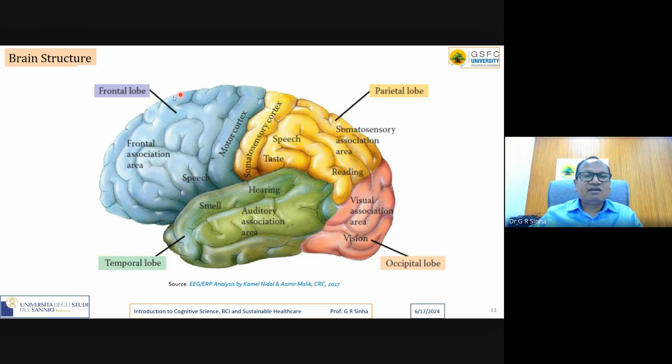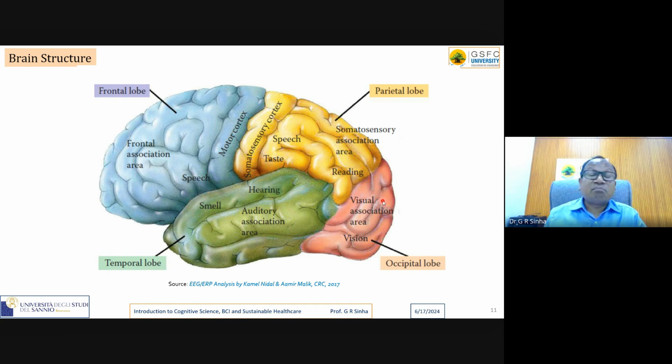The front side is the frontal lobe, then comes the parietal lobe, below it the temporal lobe, and just behind it the occipital lobe. I was explaining to you about the occipital lobe. Look at the occipital lobe carefully. Vision, when you see something, when you visualize something, is associated with the occipital lobe. I will give one interesting example. Hope you will love it.